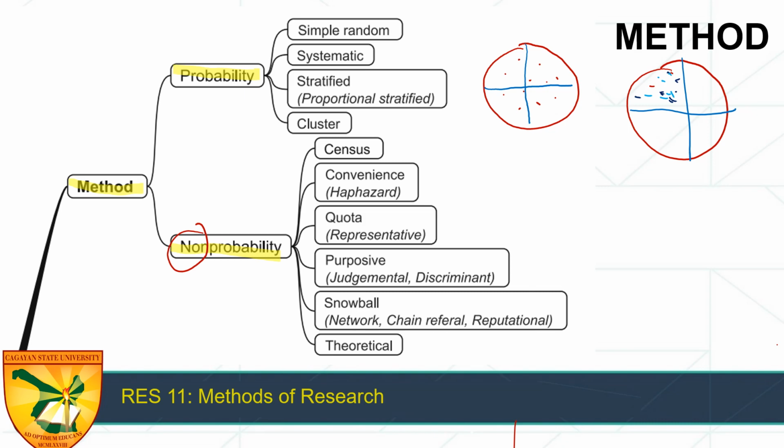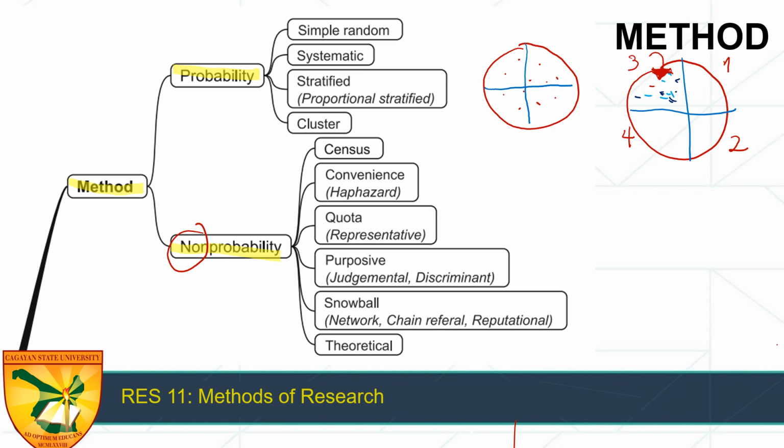So this can actually be used for geographical clusters. For example, we have district 1, 2, 3, 4, and you will just choose this cluster or this sample, district 3. So you can also do that. That's cluster sampling. And for non-probability, wherein there is no equal chance to be part of the sample, we have